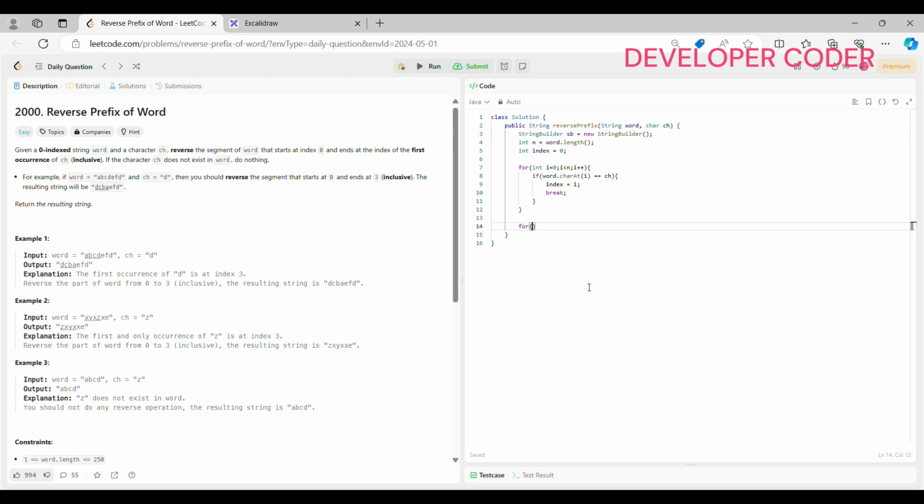So for int i is equal to index. This index is inclusive, so we are starting from this index itself. So i is equal to index, i is greater than or equal to 0, and then i minus minus. And here, a simple formula: sb.append(word.charAt(i)). Okay, this is done. After printing these characters, this string d c b a, then I